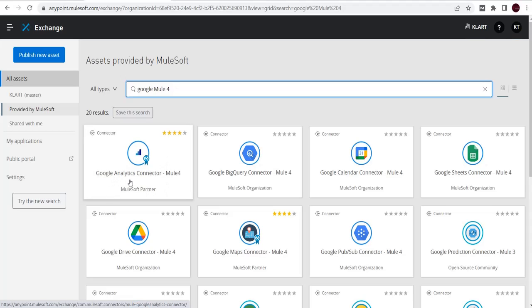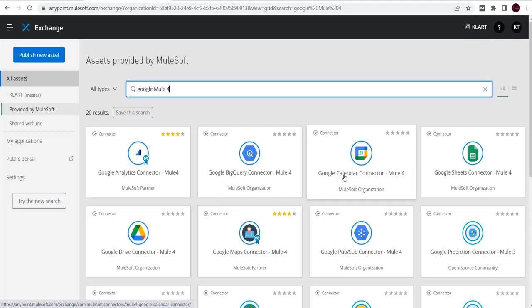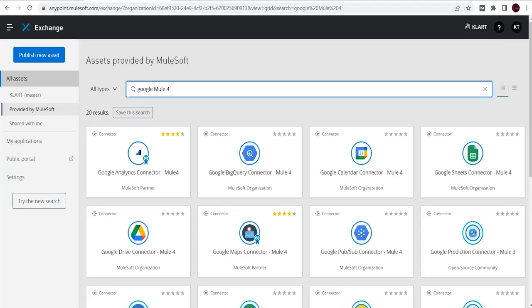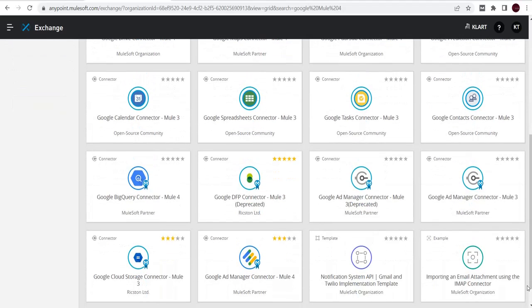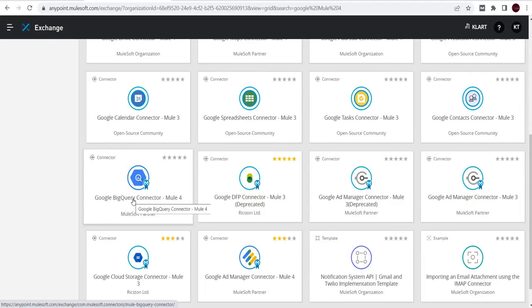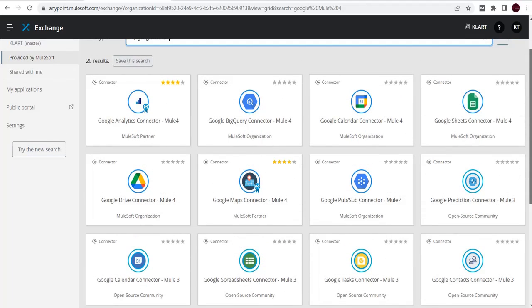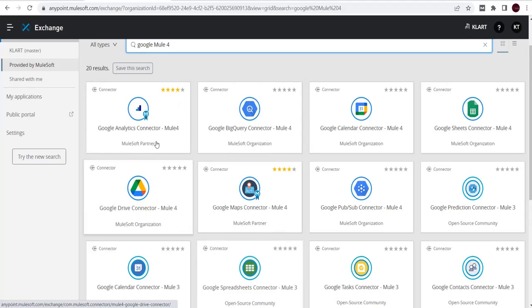If you observe here, Google Analytics connector is there, BigQuery, Calendar, Google Sheets, Spreadsheets, Google Drive connector, Maps, PubSub connector, Prediction connector. Few are related to Mule 3 version also there, but in Mule 4 we have a lot of connectors available in MuleSoft Exchange. So to integrate any Google service, you can use these connectors. In our video, we will discuss about this Google Drive connector Mule 4 version, how we can integrate it